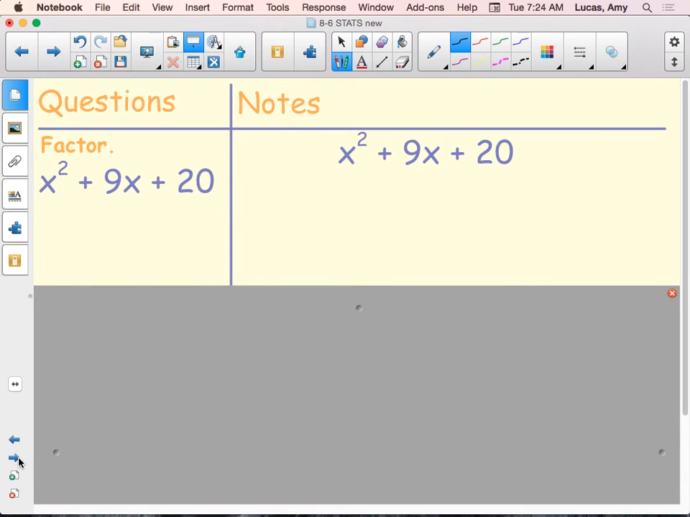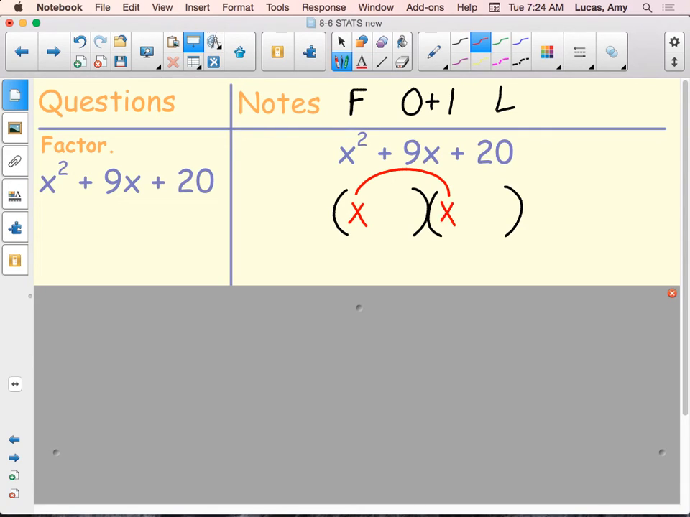So factoring reverses FOIL. So my example here, x squared plus 9x plus 20, I'm going to write the letters up at the top for FOIL. The first product has to give me x squared. So if I draw my binomials, that first product has to give me x squared. So the only way that works is x times x. The last product, from here to here, has to give me 20. So I need a product of 20,